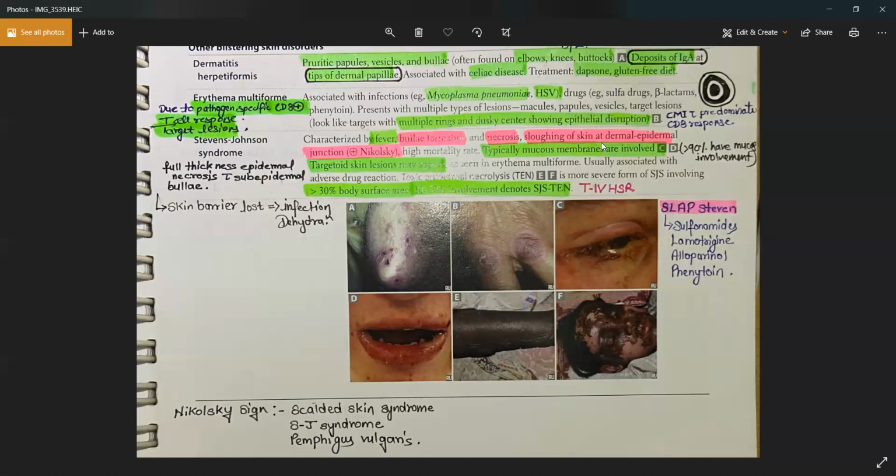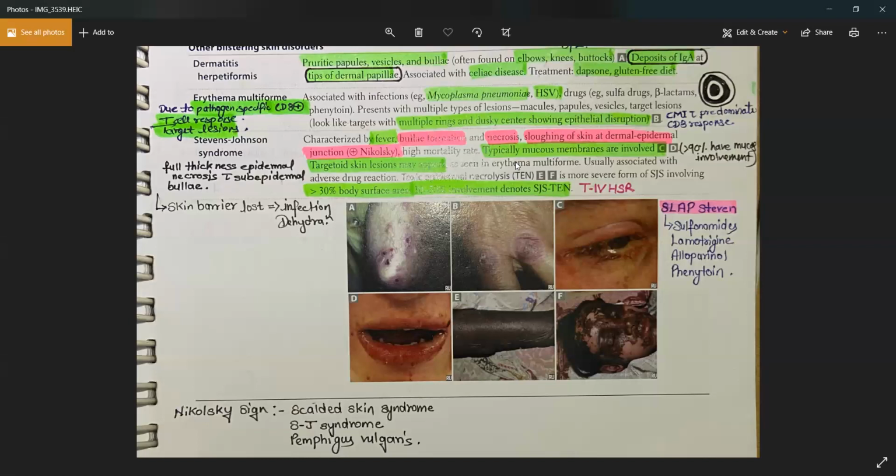You will have sloughing of the skin at the dermo-epidermal junction, right? And you will get the positive Nikolsky sign with that. Whenever you do a biopsy of the patient, what you will find is full thickness epidermal necrosis and subepidermal bulla formation. Please note that fact. On the biopsy, you will have full thickness epidermal necrosis along with the